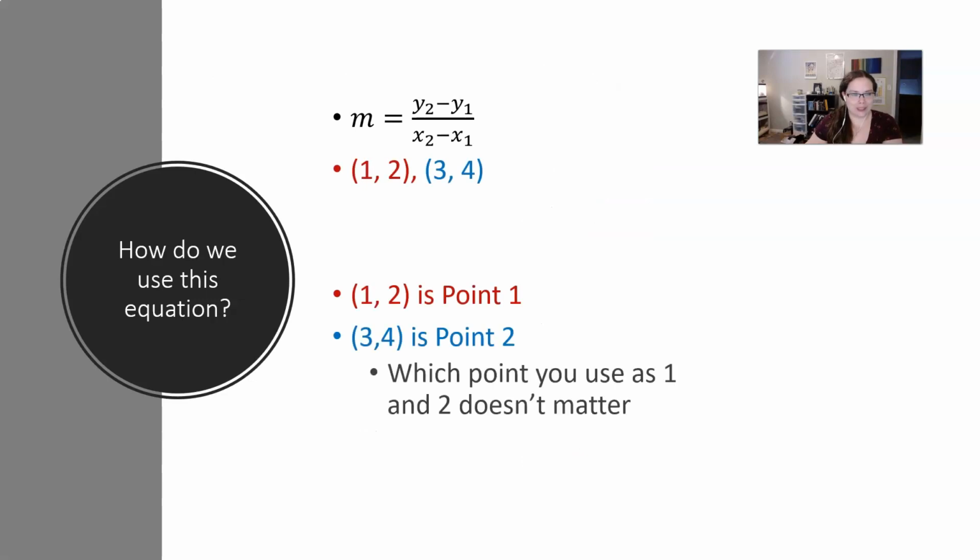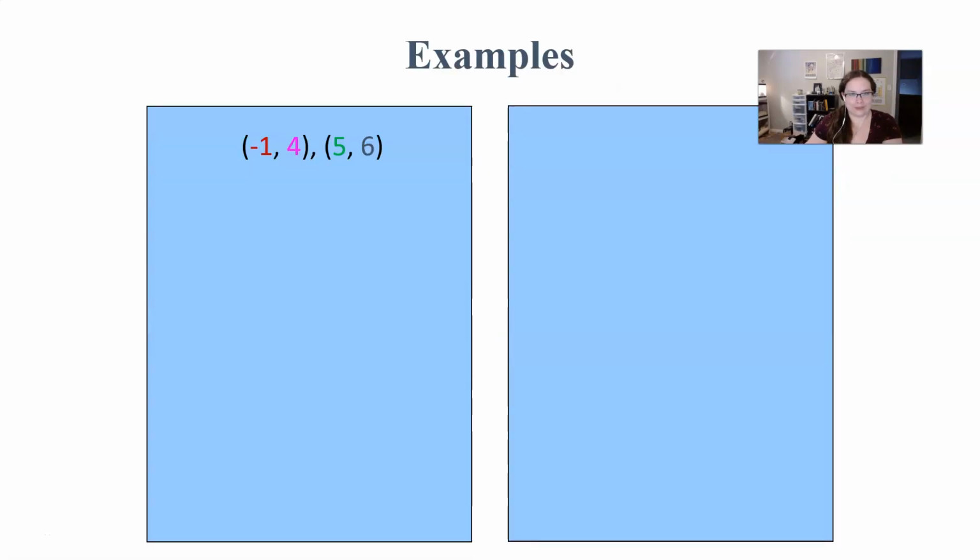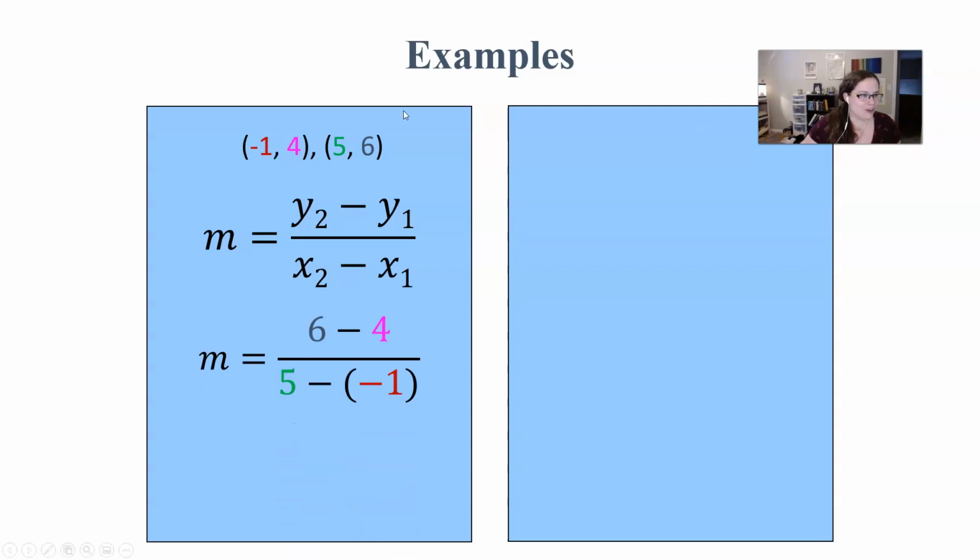This next slide is the same thing. It got repeated somehow. Okay, so let's do 2 more examples of how to use this equation. So here are 2 points, -1, 4 and 5, 6. And here's the equation we're going to use. Just like last time, I'm going to call my second point point 2, and I'm going to call my first point point 1. So